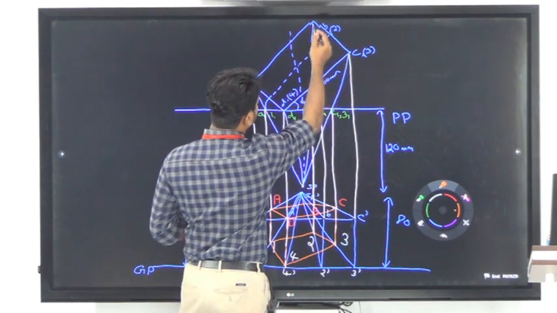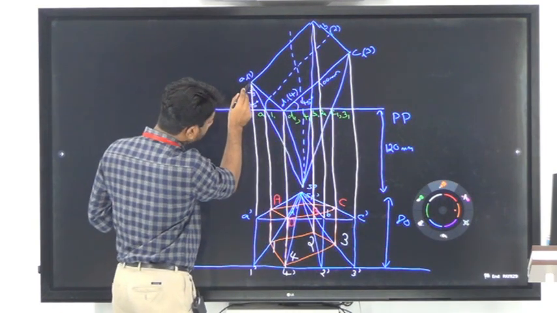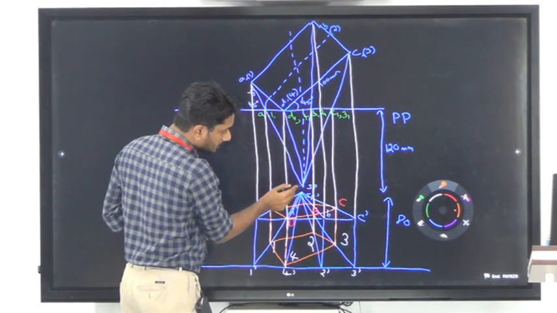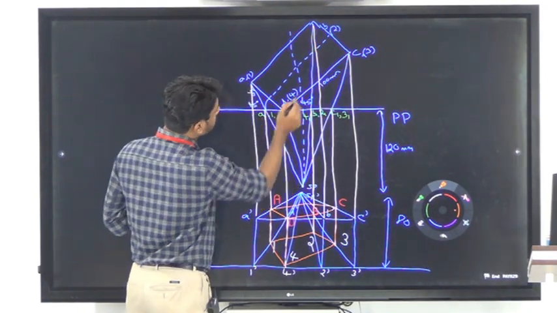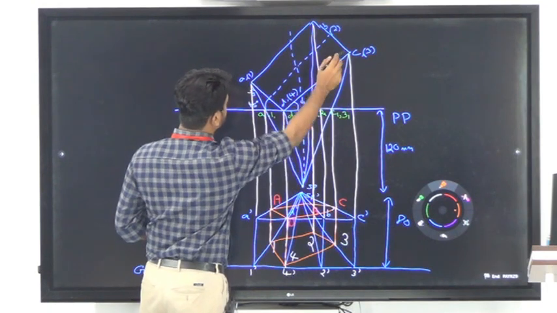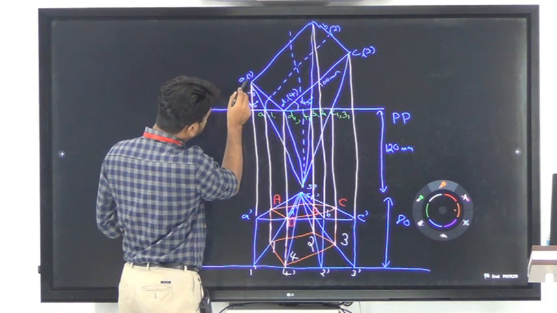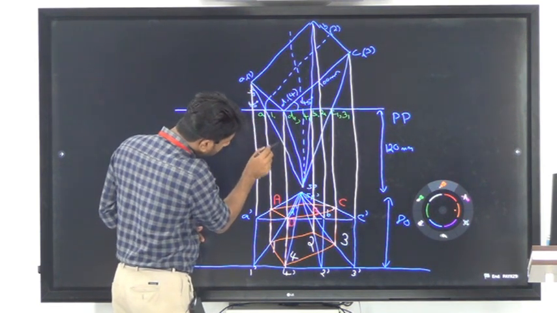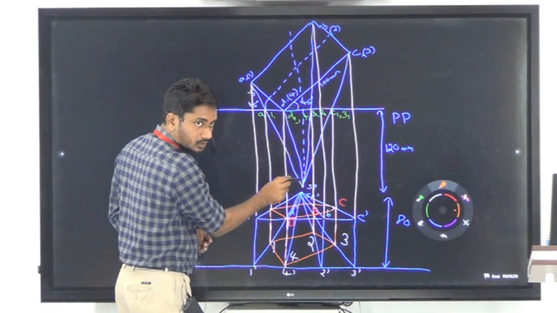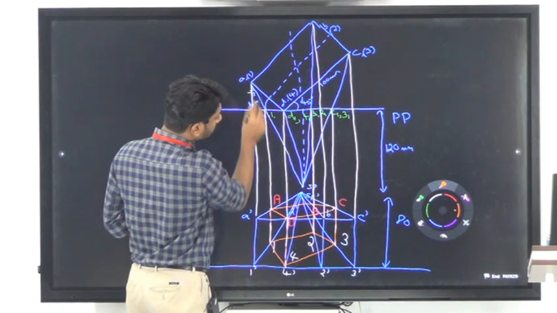any other points on the top view, meaning the line joining the top view of the point A and the top view of the station point is not touching any other points on the top view of the object. So the point A will be visible. Similarly, the line joining point 1 and SP is also not touching any other points on the top view. So point 1 will also be visible.